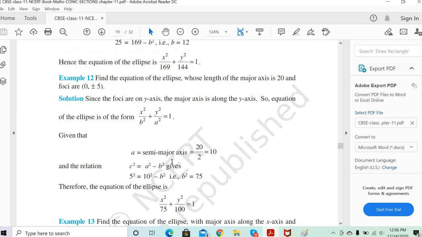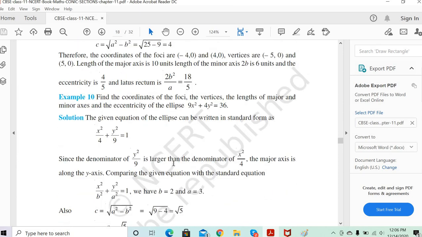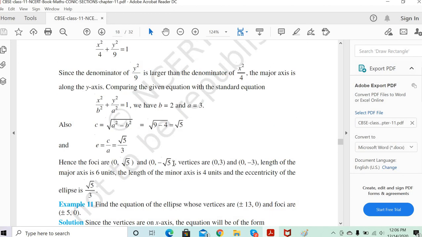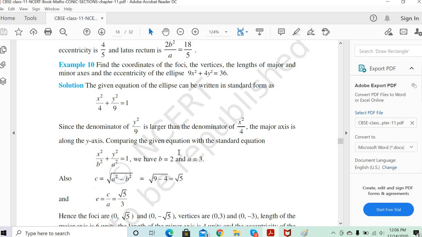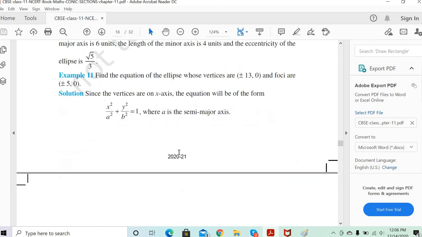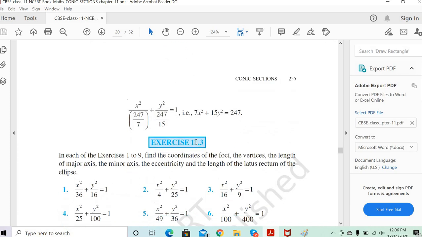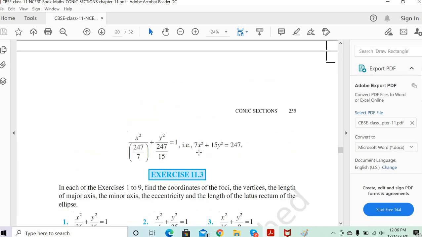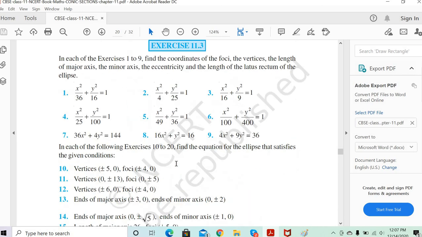Now try as part of 10, 11, 12, 13. Try as part of homework, Vijay, this part. Your concept is clear now. Just try one of those problems in this. Then in case you have any doubt, but don't leave any examples in this part. In case you have any doubts, we'll discuss them together. In the meantime, I think you can start with exercise 11.3 also, because it's all in the same range. But visualize whenever you solve this problem. Try to visualize in terms of the geometrical figure, so that everything will be very clear to you. Yes, sir. Clear.